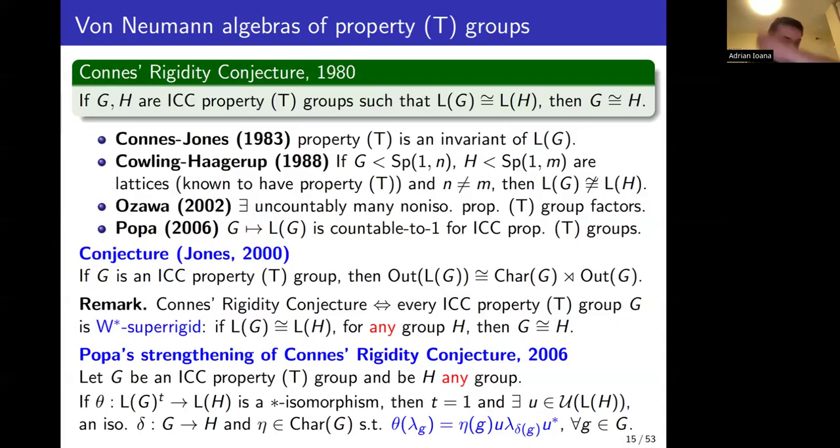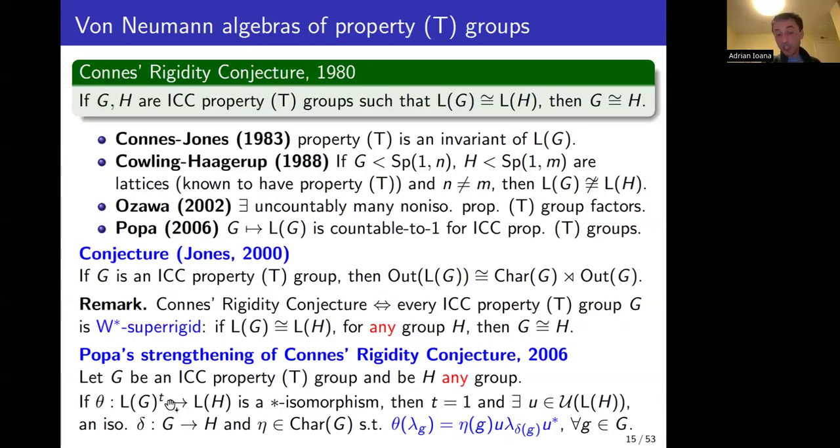So specifically, Popa conjectured not only that isomorphism of L(G) with L(H) implies that G is isomorphic to H, but also that all such isomorphisms must come in a very specific way. So what he did is the following. Let G be an ICC property T group and H be any group, and consider any isomorphism theta between